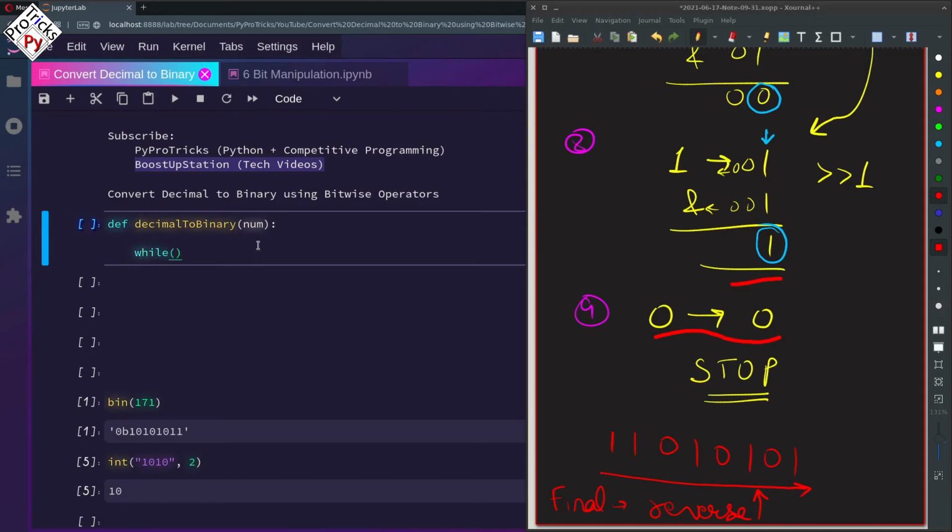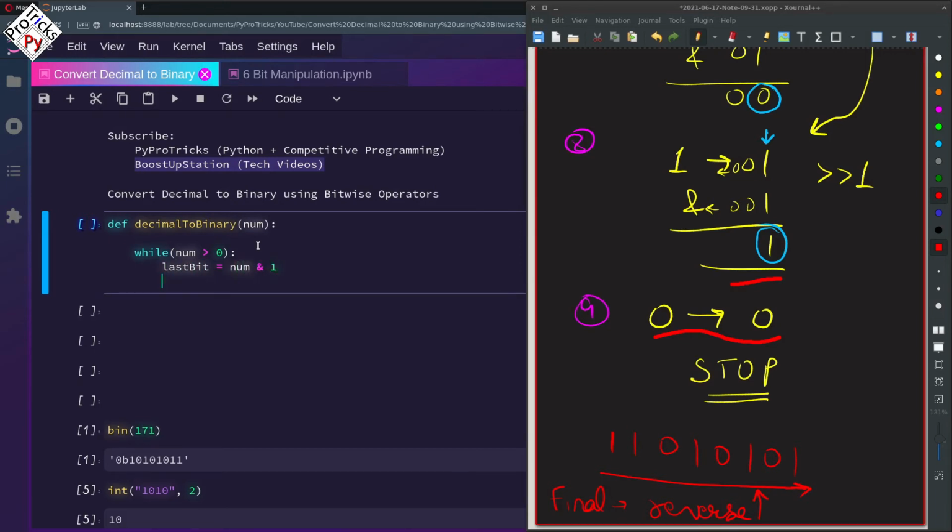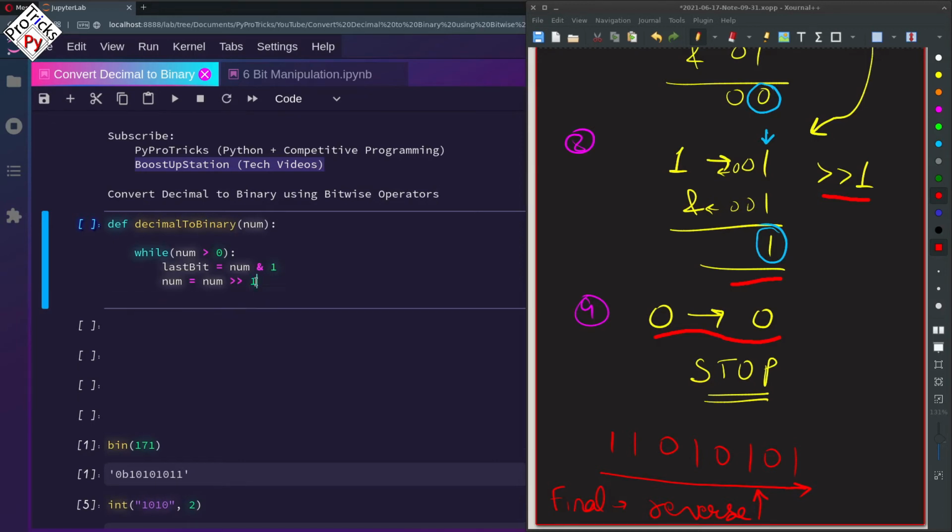So we do the while loop until num is greater than 0, and we are going to store the last bit from the right side by doing an AND operation with the number and 1. And after doing the operation, as I told you, we have to do the right shift of the number. So number is equal to num right shift by 1 digit. So this is the main algorithm.